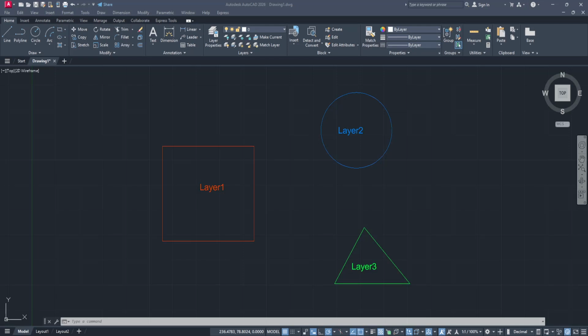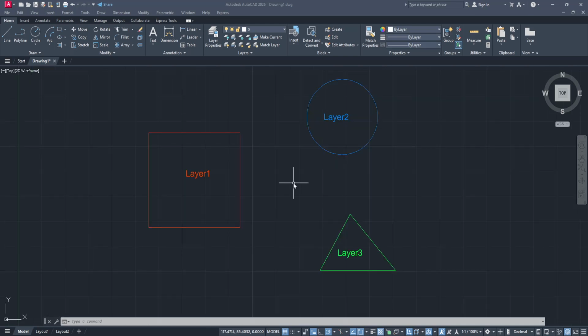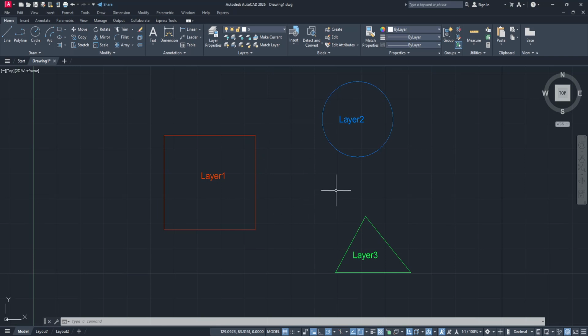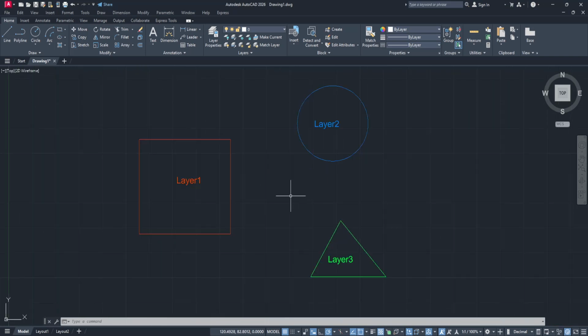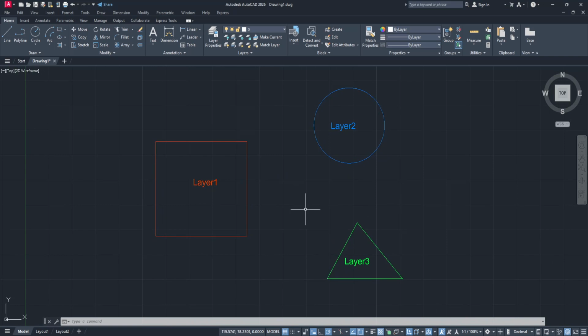In today's video, I'm going to teach you how to hide a layer in AutoCAD. Whether you're working on a large, complex drawing or simply want to simplify your view by turning off some of the layers you don't need right now, learning how to effectively hide layers can be a really valuable skill. So let's dive right in, and I'll guide you through the process, making sure it's easy for you to understand